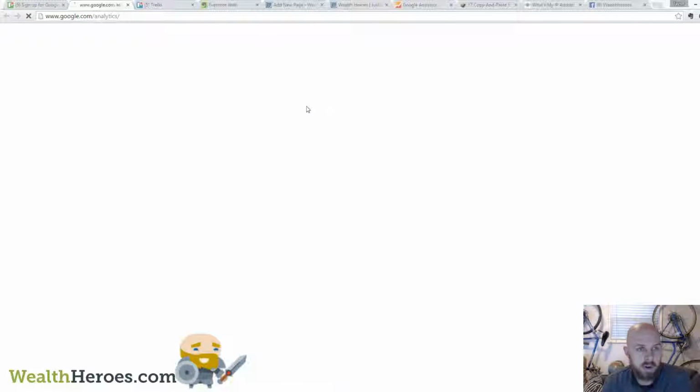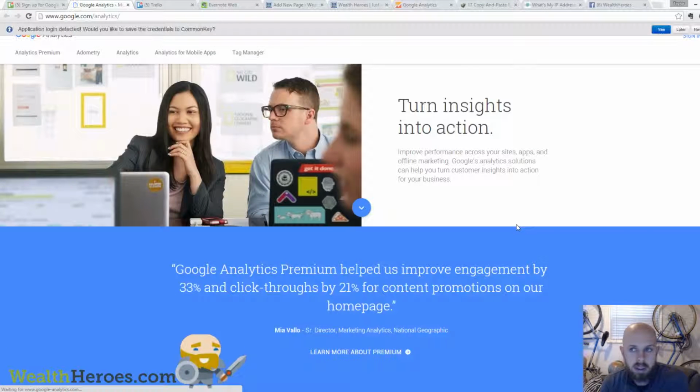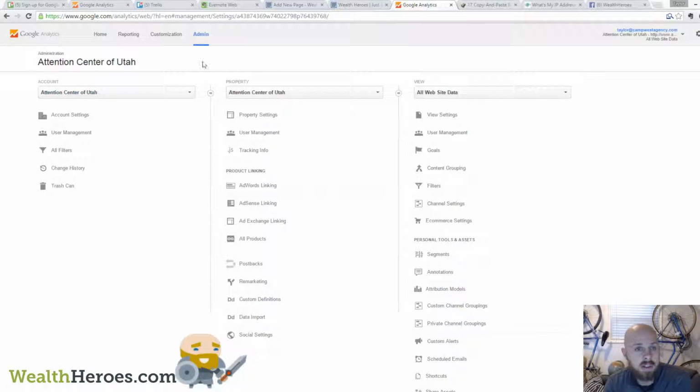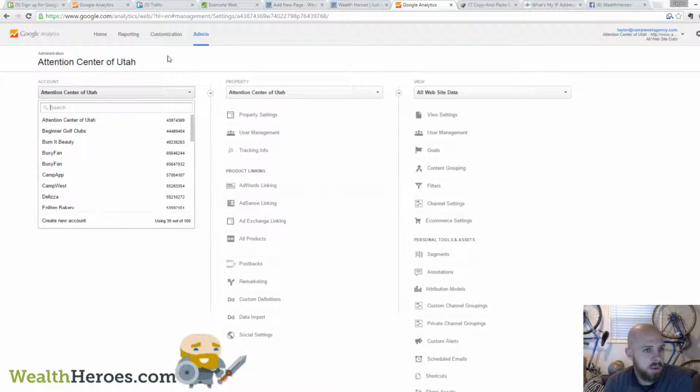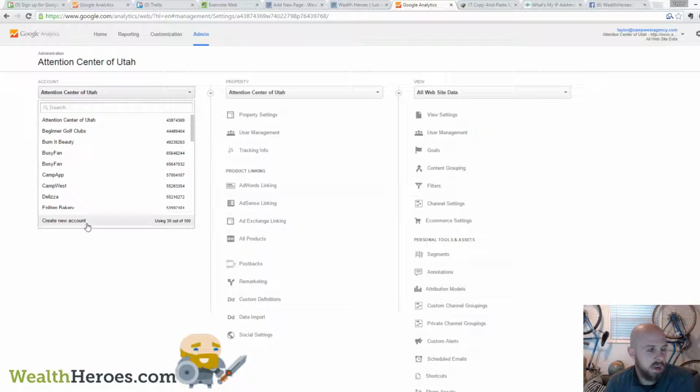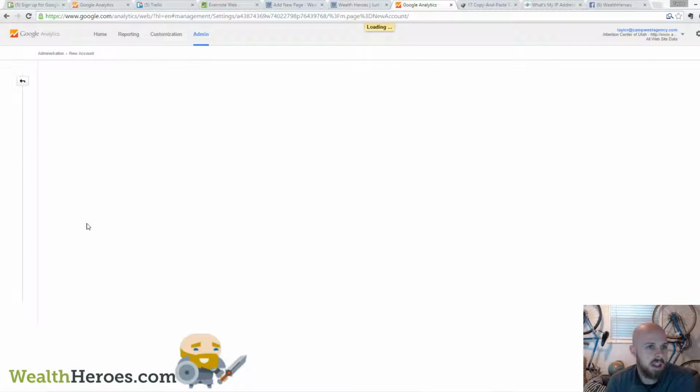If you aren't already, just use your Gmail. I'm just going to sign in since I have an account with this. I've put it on all of our websites. And let's jump right here. So once you click into admin, you're going to want to come down and click create new account right here. And there's some of the other clients that we work with, but